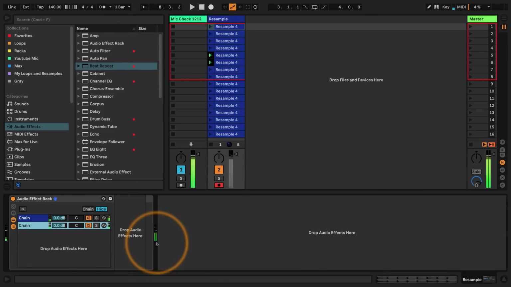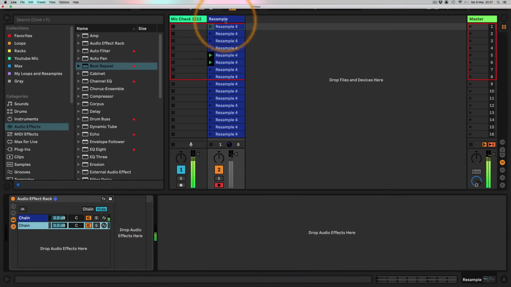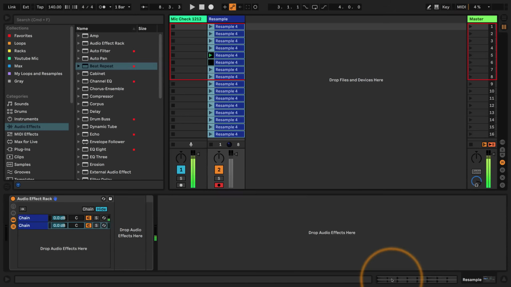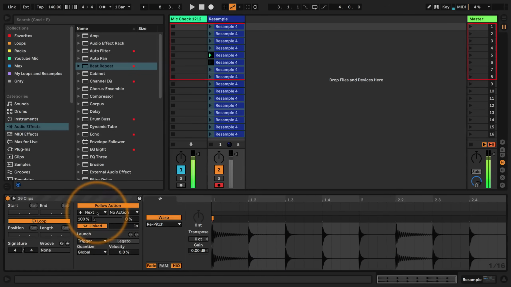Okay, so the way that I did this was that I used the follow actions to sequentially go down the clips. But we've recorded all the automation in there that we want. Why don't we screw around with the follow actions now that the automation's been recorded and perhaps interrupt the automation? Let's set the follow action to other. Let's unlink all the clips and let's say